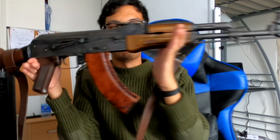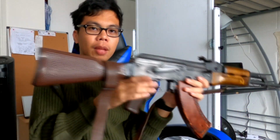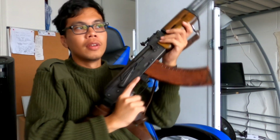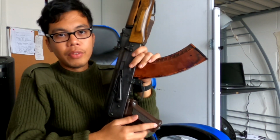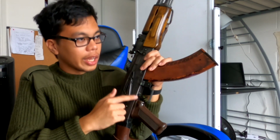So here you go. As you've seen in the title screen, this is my Khyber Pass AK AIMS. Now, a bit of background on this gun itself. This is obviously an AKM. This is a Russian AKM, but